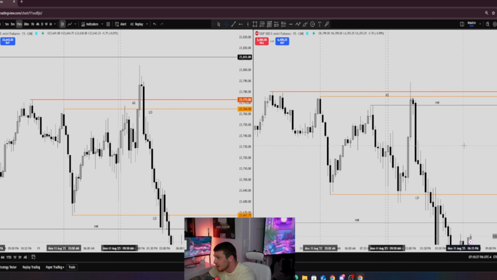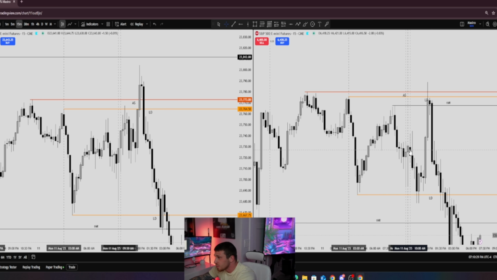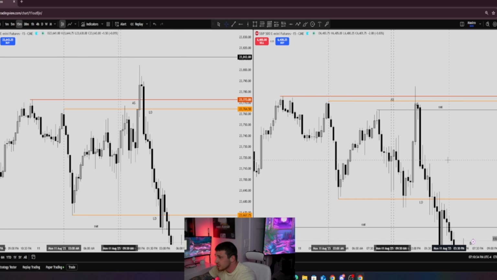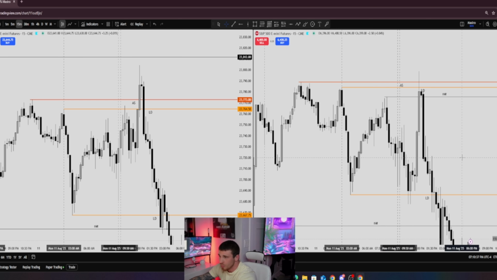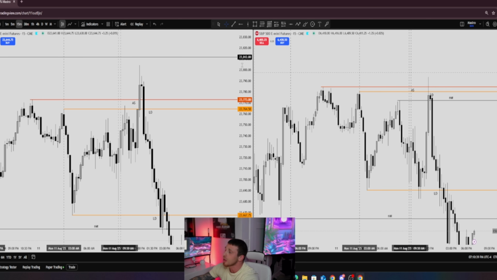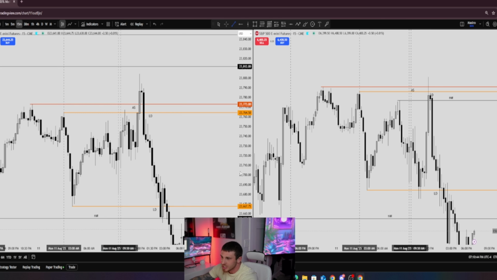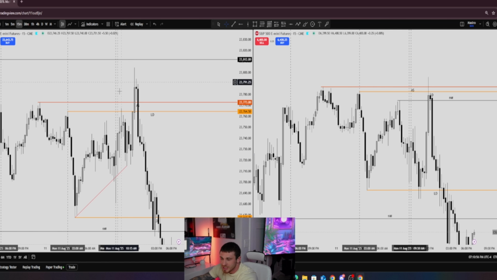We can see over here on ES, market opens, we come up, we react off these 15-minute fair value gaps, continue down. So here's a little retracement, right? If you watched the SMT video, you should know what an SMT is. So you can see here, on the 15-minute time frame, NASDAQ forms a low, and then we end up forming a higher low. This 15-minute was made at 11 a.m. So we can see NASDAQ already took out London session highs. We still have Asian session highs up here. Even these 1-hour highs I thought were going to get taken out.